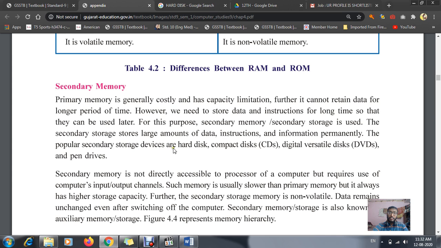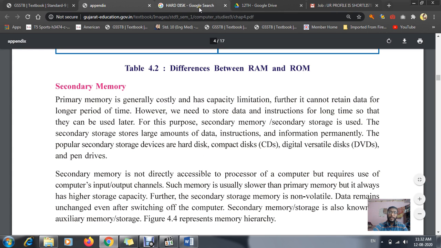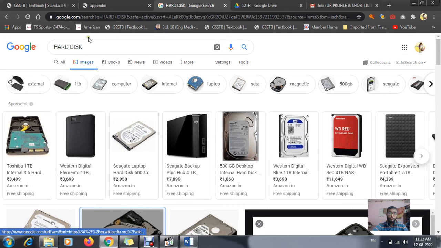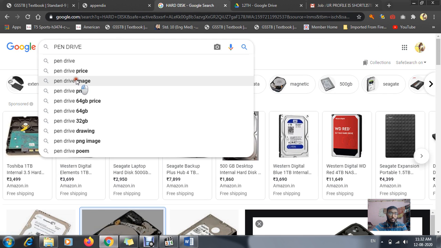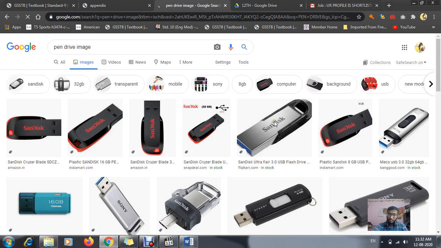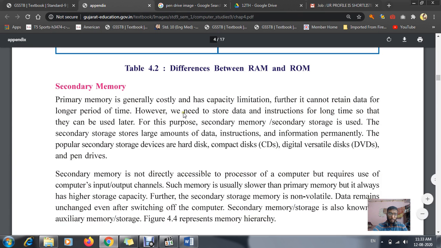Then another best example of your secondary memory is your pen drive. I hope you all have seen the pen drive. There is no need of a photo, still I can show you. See, these are pen drives which you have seen in your market, where you can store your files. The files mean not only computer files, Word, Excel, PowerPoint files. We can store our movies, photos, images, any kind of audio file, any kind of things in this memory, which is known as your permanent memory.